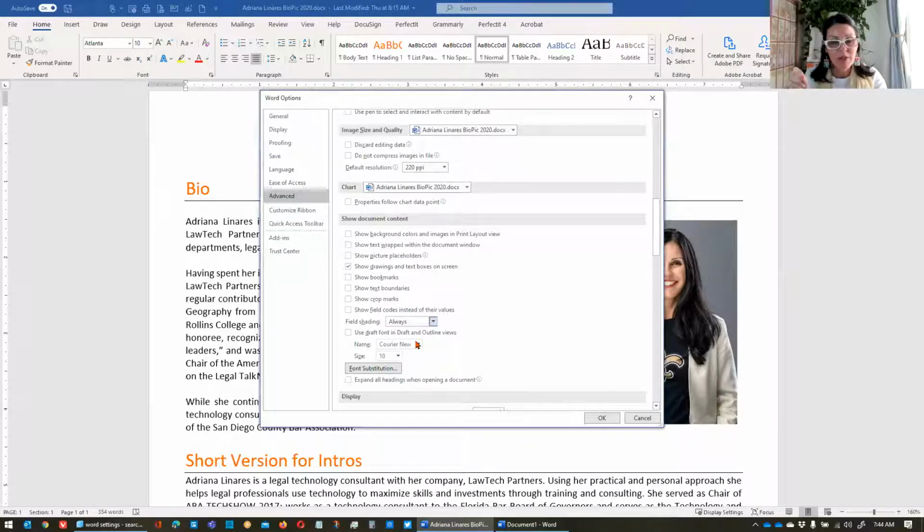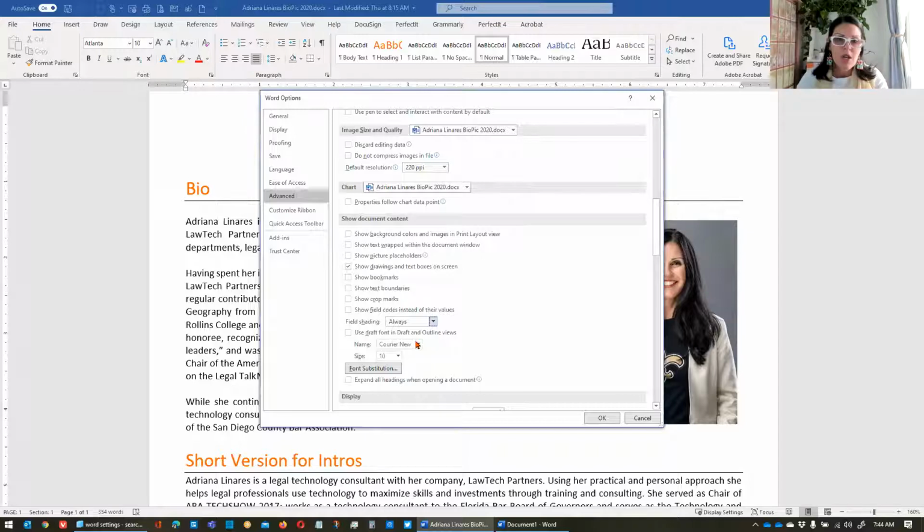Typically what happens is you have to click on it and then it shades it in gray. If you turn this on, then your whole document will always show in gray where those field codes are. So that can be very helpful. Again, if you've got a document that does a lot of cross-referencing, table of contents will be all in gray. Of course, they won't print that way, so don't worry. They don't print that way, but it does show it to you on the screen, which I think could be helpful.